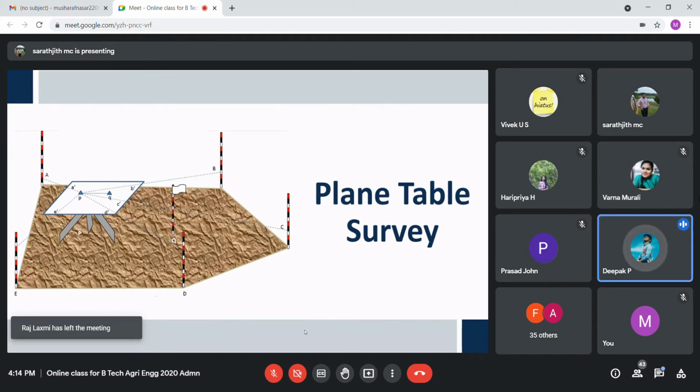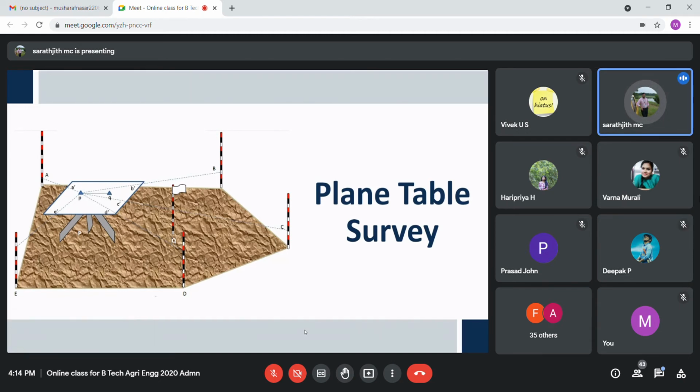Okay, that is fine. So we are using a plane table. That is one answer. Somebody can add more to that. Someone? I'm expecting wild guesses and wild assumptions, creative thinking. So you are free to express yourself.